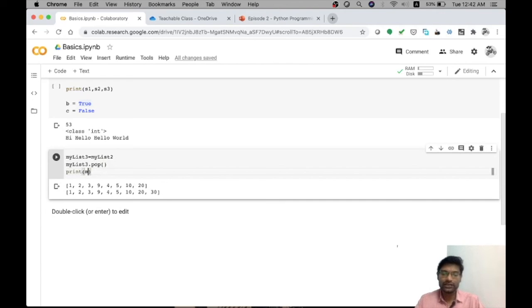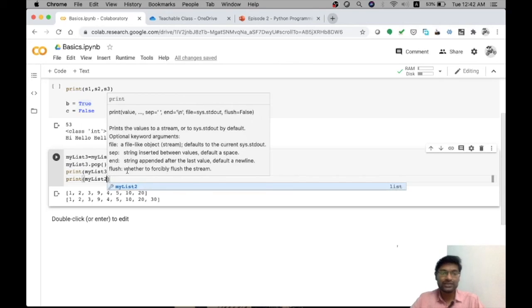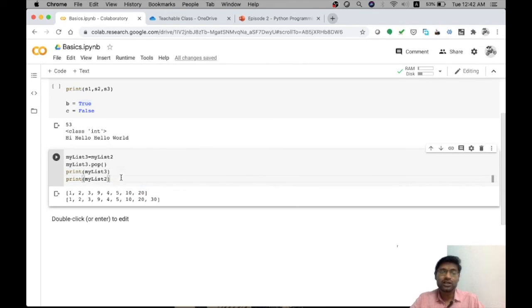So I am executing print mylist3 and print mylist2. In this case, the value will be removed from both mylist2 and mylist3. That is why I mentioned this as an unsafe practice. So be careful while you assign values to other variables. If you want it to be 2 separate things, use the copy command.